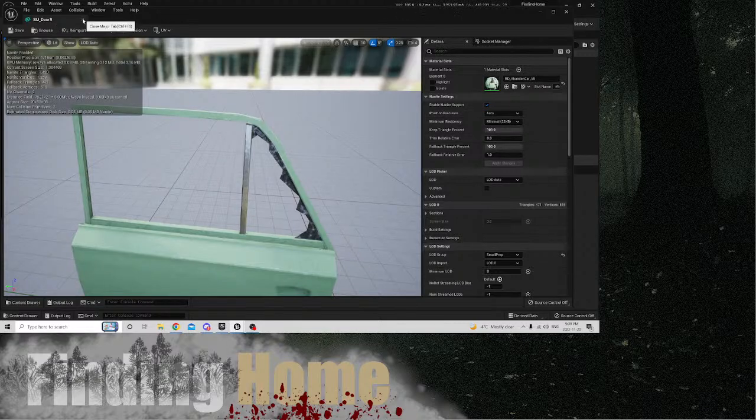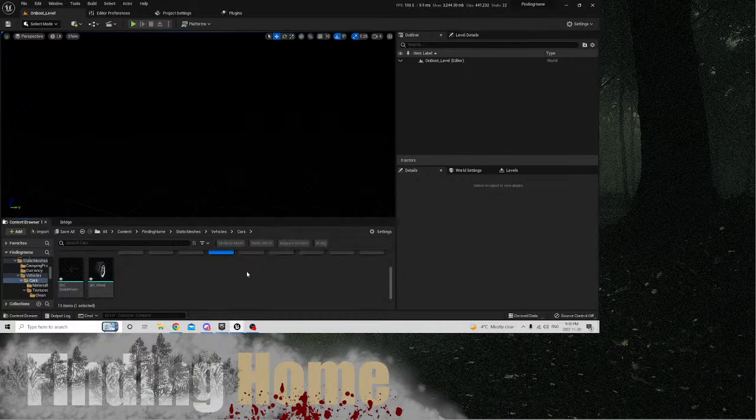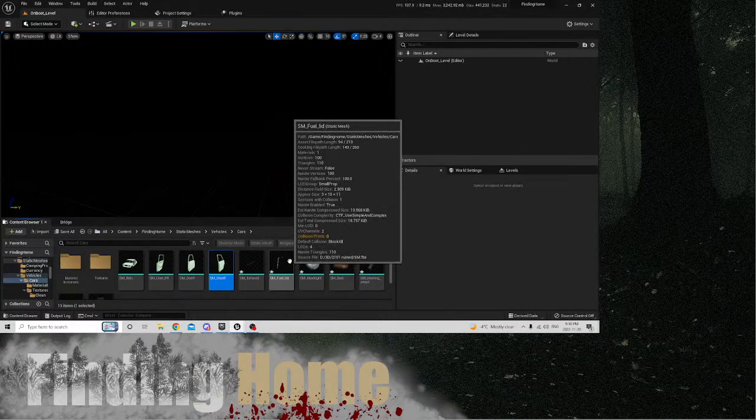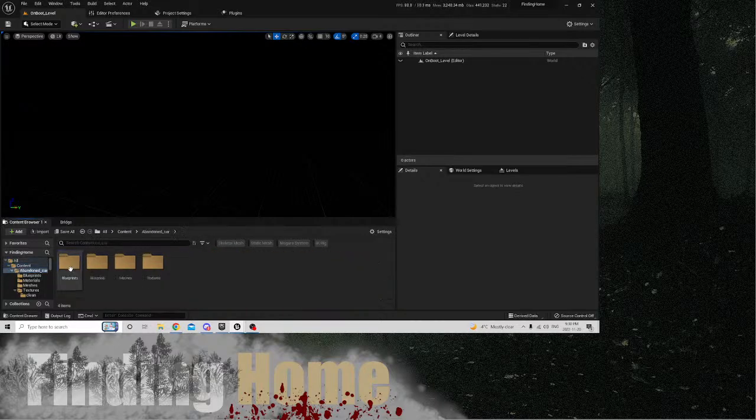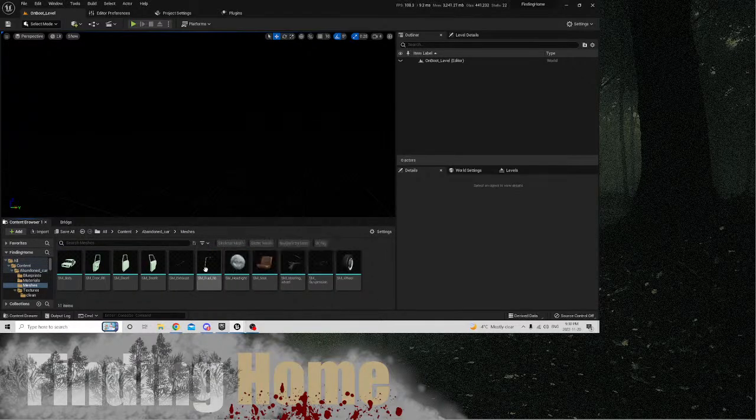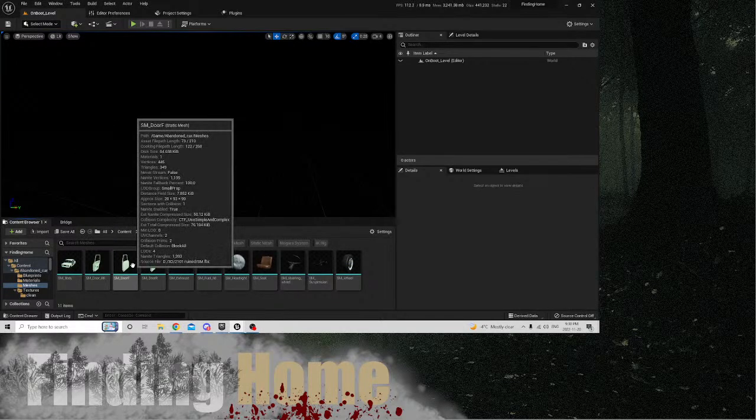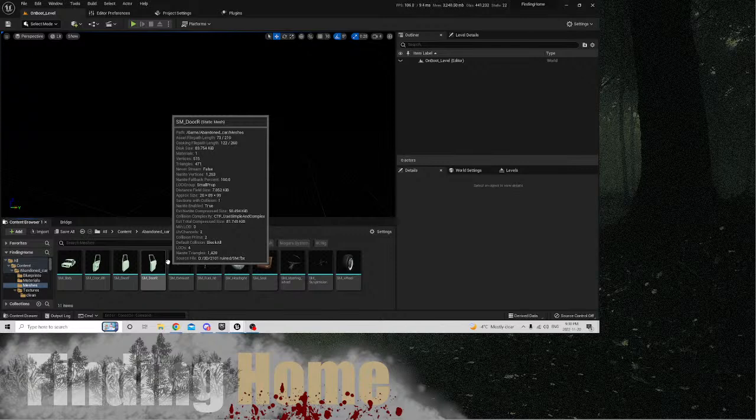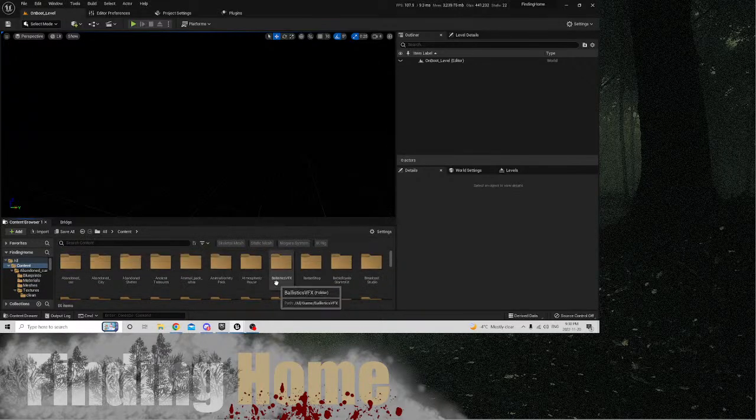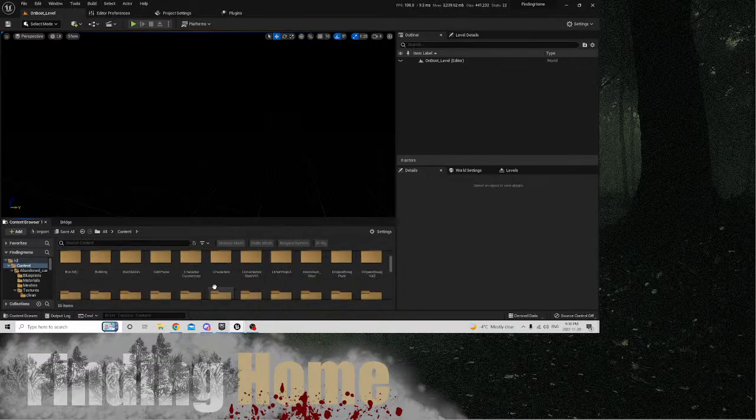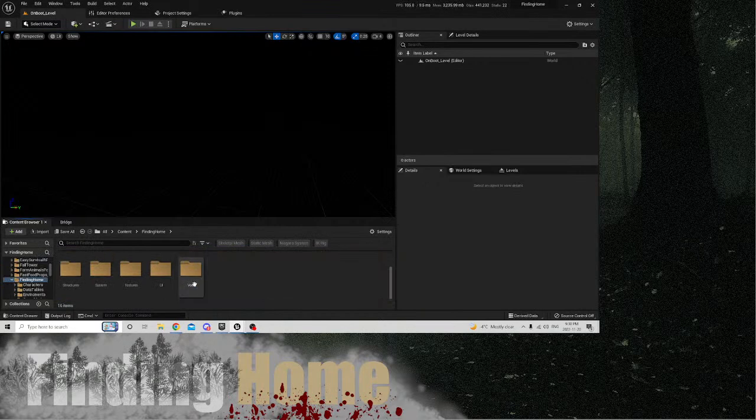I'm guessing that's supposed to be like that. Am I missing a door? If I go back to my abandoned car meshes. No? Front door. Guess not. Let's see here. My home. Static meshes, vehicle, car,